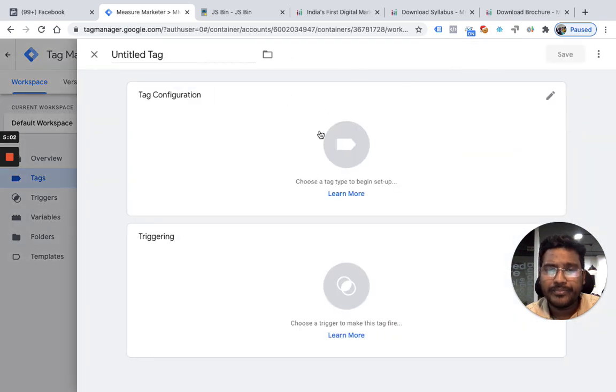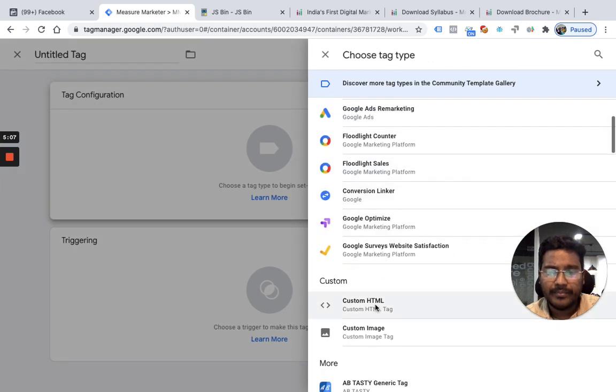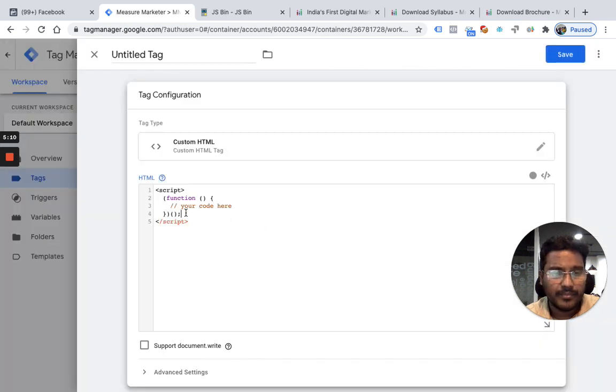Click on new, go to tags, and choose the custom HTML option. I'll name it PDF download event, and I'm going to send which PDF they downloaded.